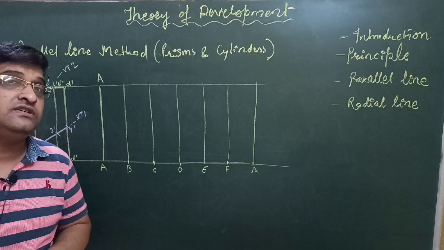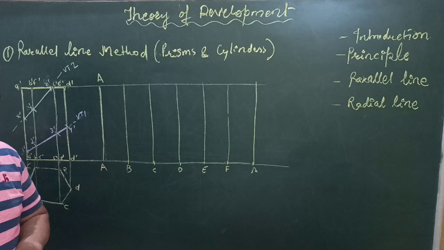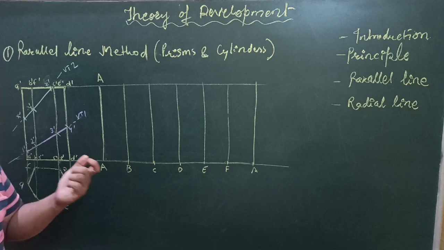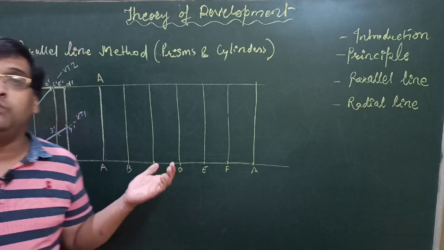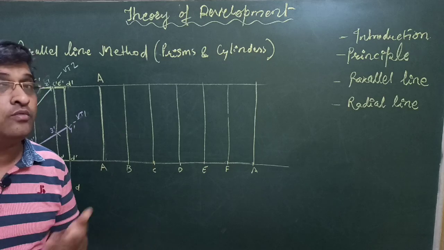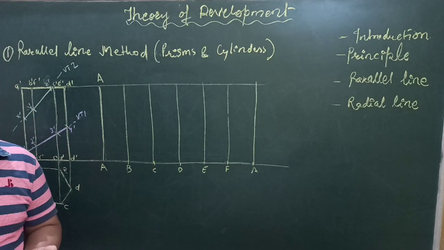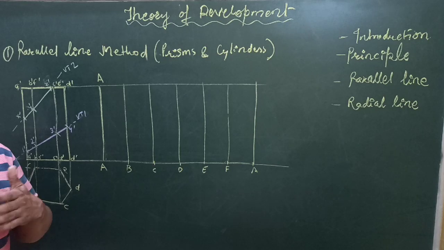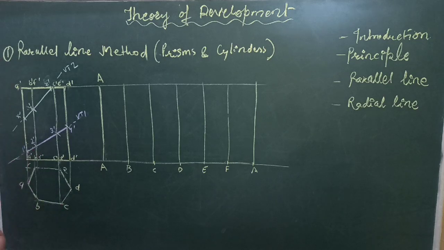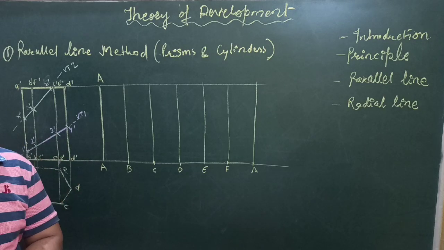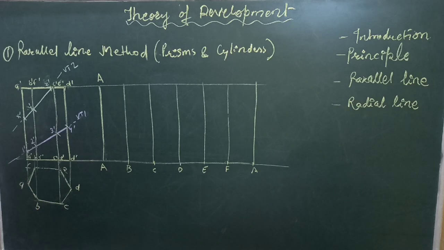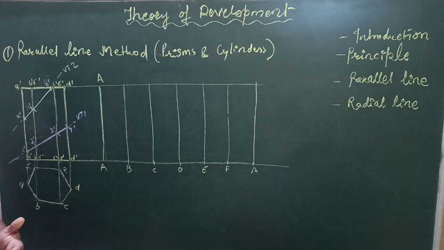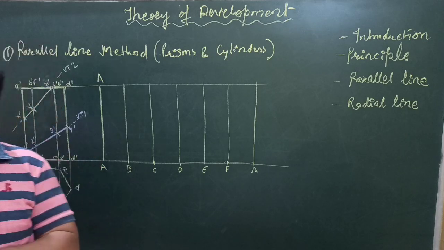The best example is stitching of shirts by the tailor. He cuts pieces of the cloth, and then after stitching we get the proper shape. So development has applications in many areas, like making of chimneys or boilers or reflectors for solar panels and many more. What shape of the sheet metal is required for making that product, that we can find out with the use of development, right? So it is opening of the surface of the solid and laying it down on a flat surface.